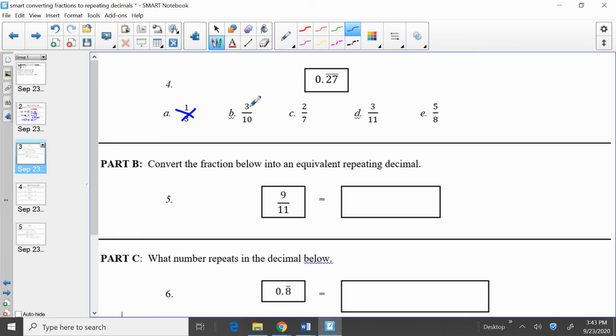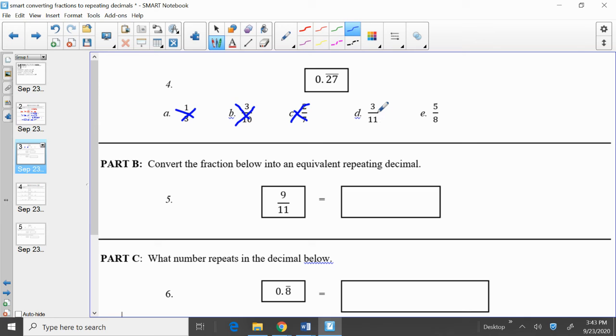Then I have 3/10. So I'm going to take 3 and divide it by 10. Well, that gives me 0.3. Nah. Oh, let's try this one that looked like it. 2/7. Is it 2 divided by 7? Maybe it is. 2 divided by 7. No, because that gives me 0.2857. So nope, that's not 0.27 repeating. Let's try 3/11. 3 divided by 11